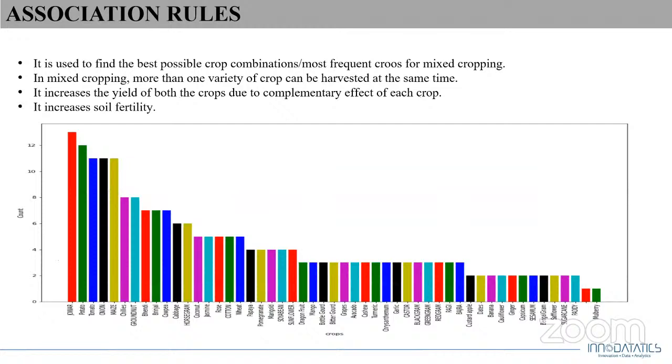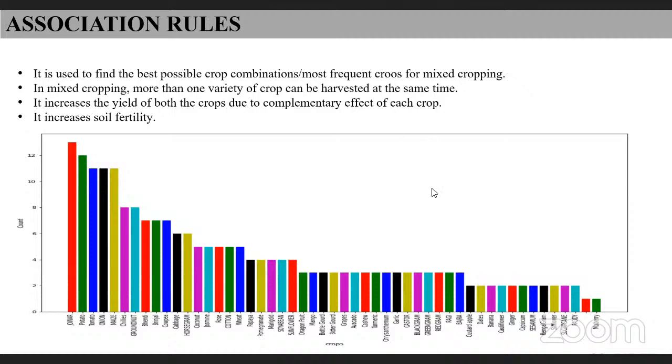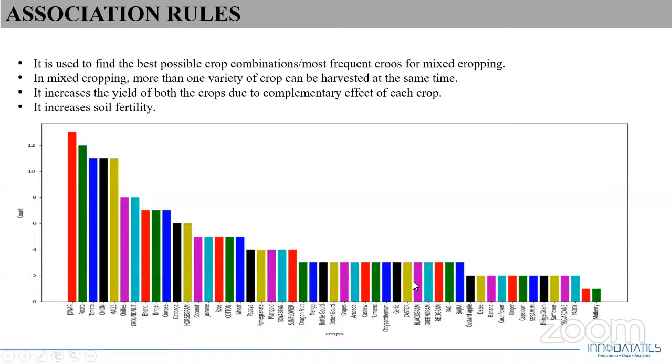Next slide. So finally, we've got a column to represent best mixed cropping combinations. Mixed cropping combination is useful because it increases soil fertility and crop yield, and also reduces the cost of cultivation. If your main crop is long term and you can't wait so long to get the profit, then if you choose mixed cropping, you can be earning while your secondary crop is giving the yield.